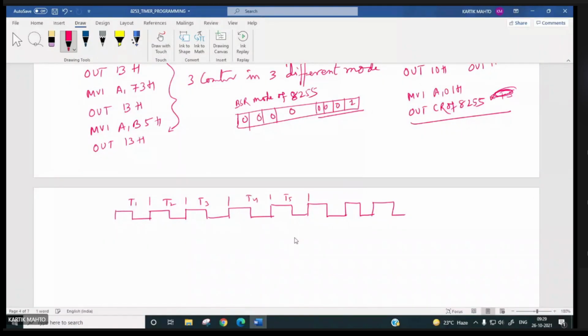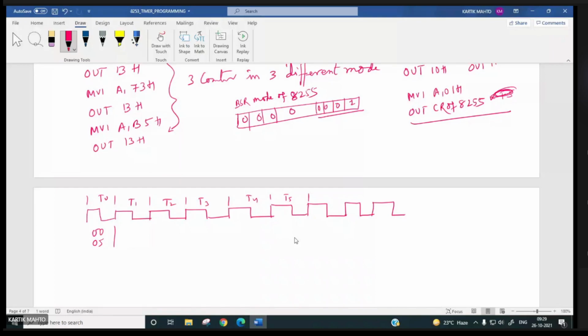So suppose during this T0, the count is loaded. The count is loaded, it is 0005. So what will be the counter 0 output?